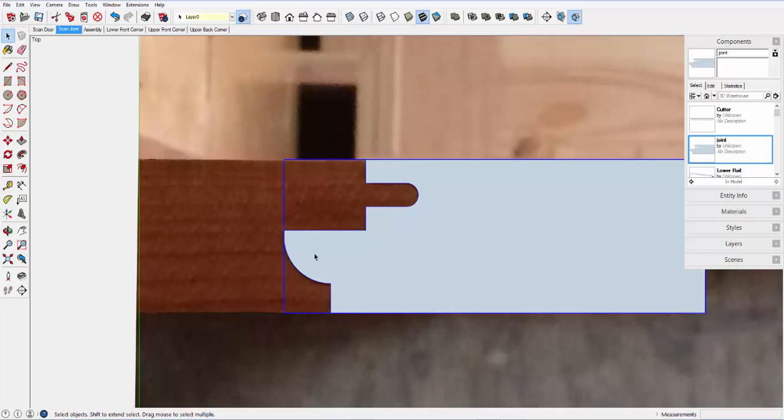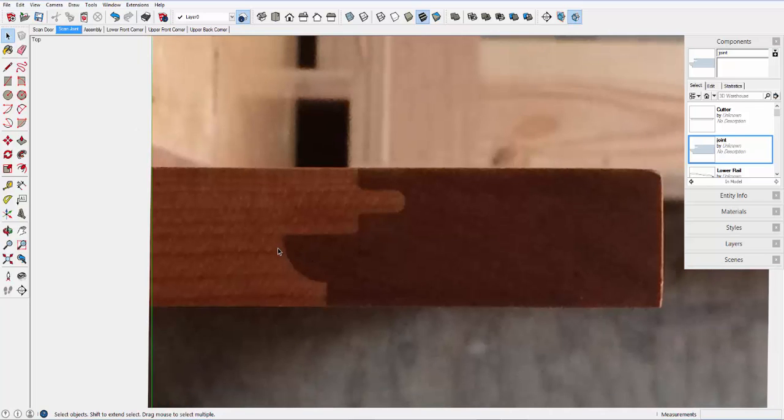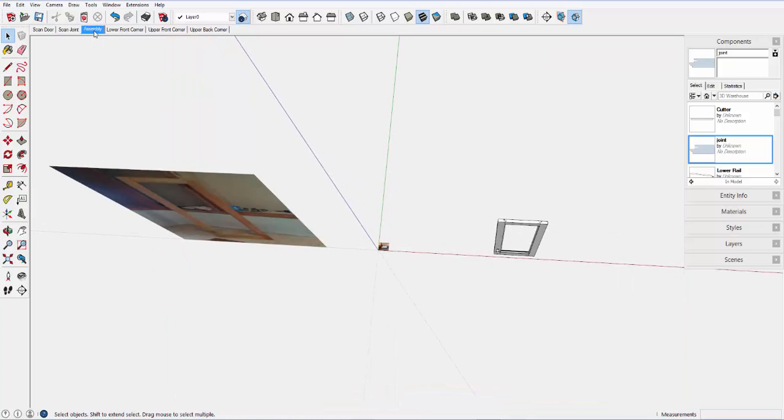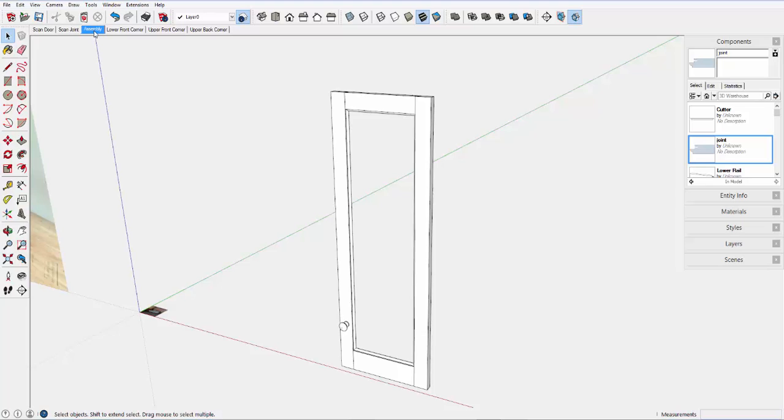I'll remove this trace over group, and you can see the top of the stile and the shape of that joint as it meets the rail. Quite unusual shaping there. Now, I was very much interested then in creating that joint in SketchUp, and here's the finished product, and I'll show you how I did that